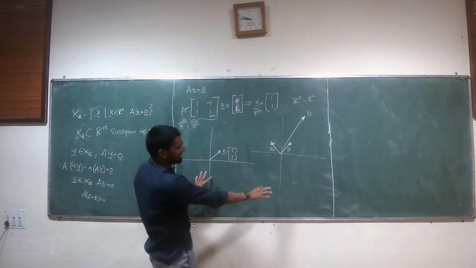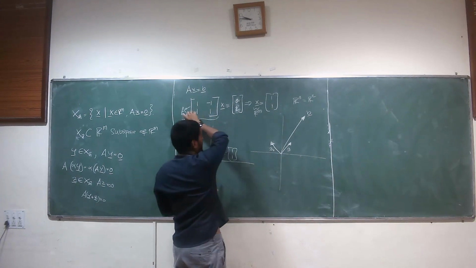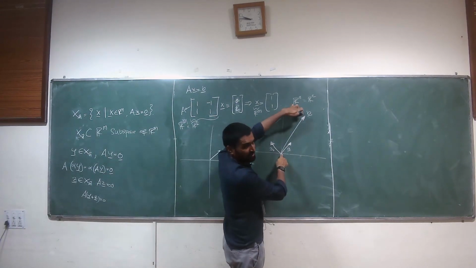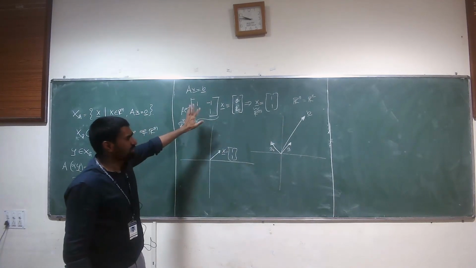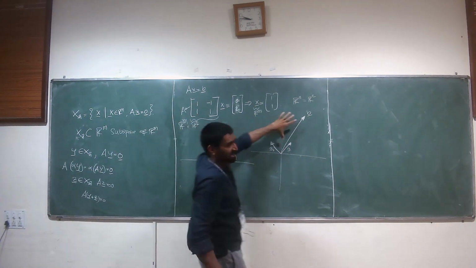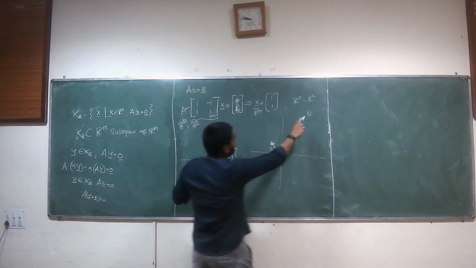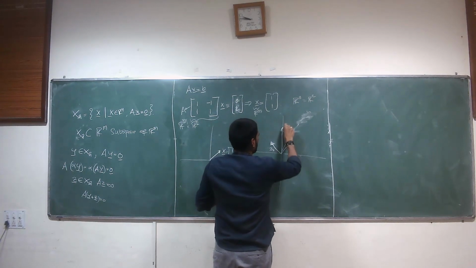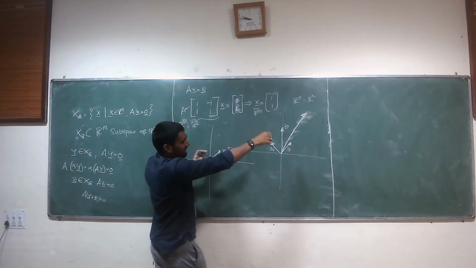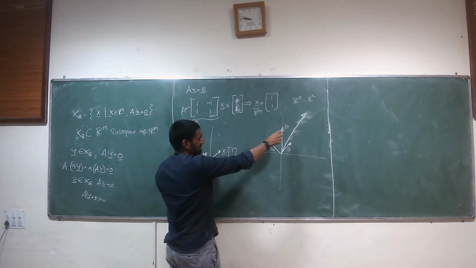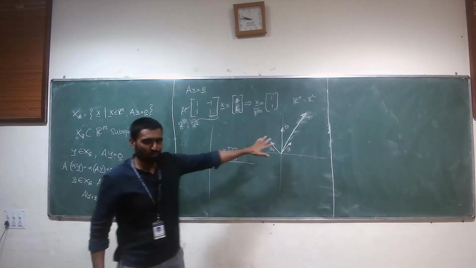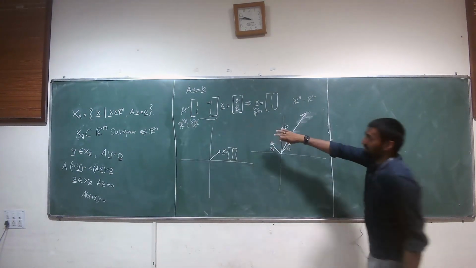There is a difference between these two R2s. This is the output space of A. This is the input space of A. This vector from the input space gets mapped to this vector in the output space. Because this is 2 cross 2, full rank, there is a unique solution. A single vector from here gets mapped to a single vector here. If you choose some other B like you did here, you'll have another vector that gets mapped. So every vector here has a unique vector that will get mapped to whatever you have there. That's when you have the full rank case